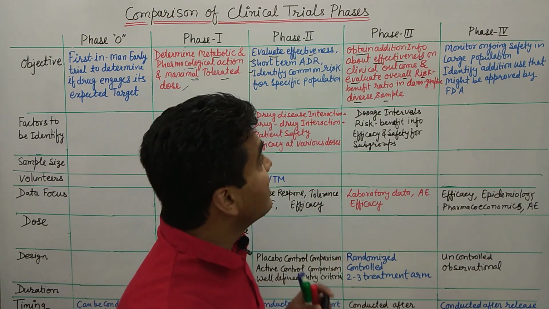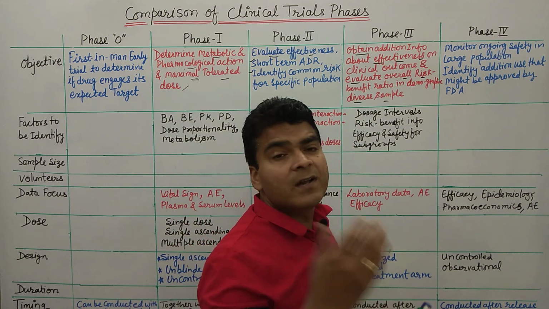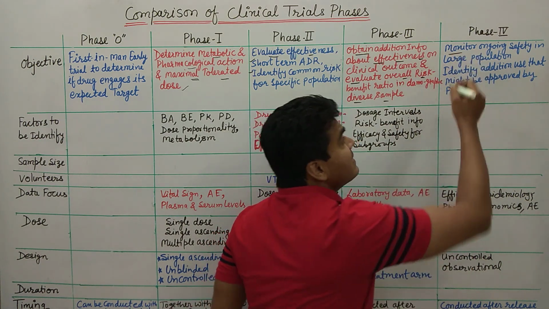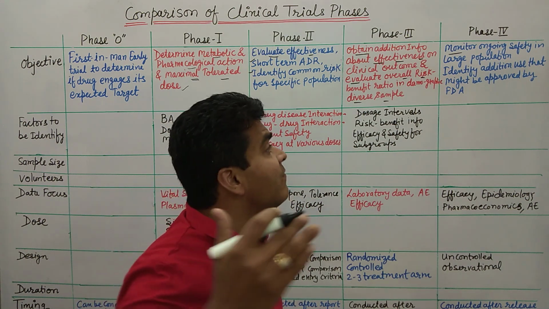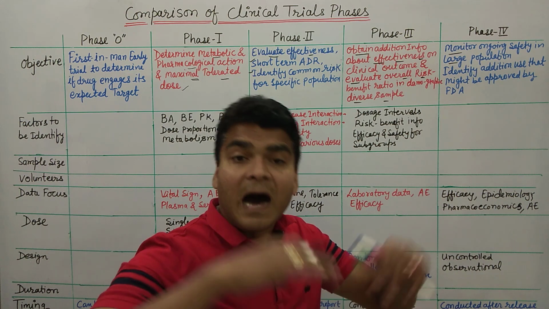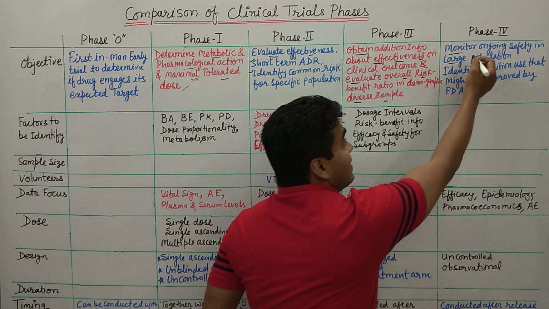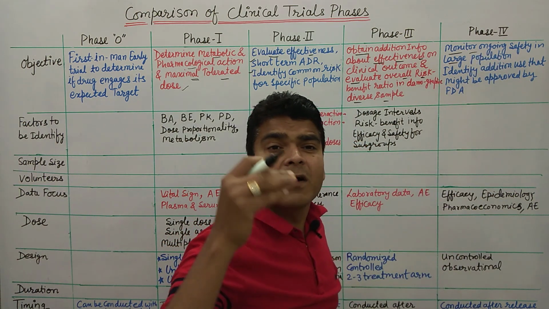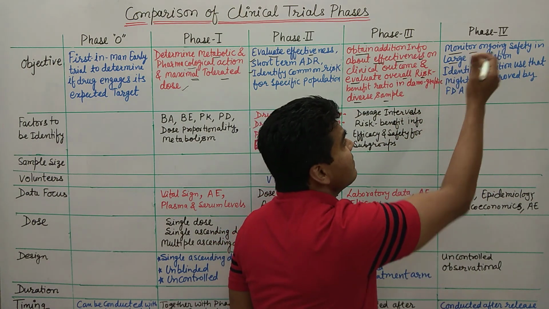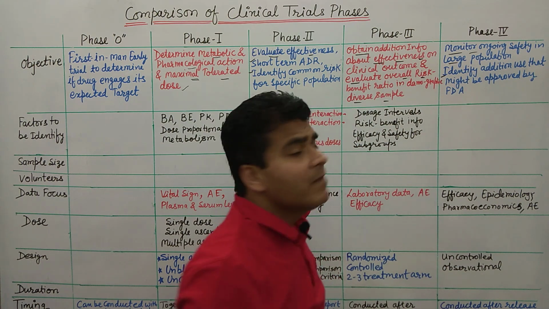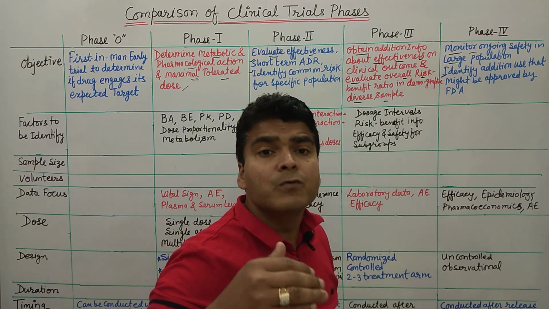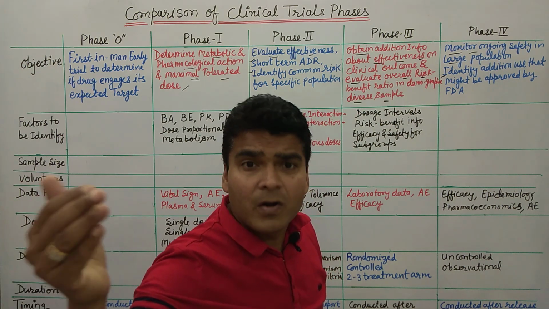Clear? Then in phase 4 trial, phase 4 trials are just after the approval of the drug, so we are monitoring ongoing safety in a large population. Phase 4 is conducted in a large sample of the population, and we are monitoring the ongoing safety parameters, and additionally we try to identify whether this drug may be used for other conditions as well or not.